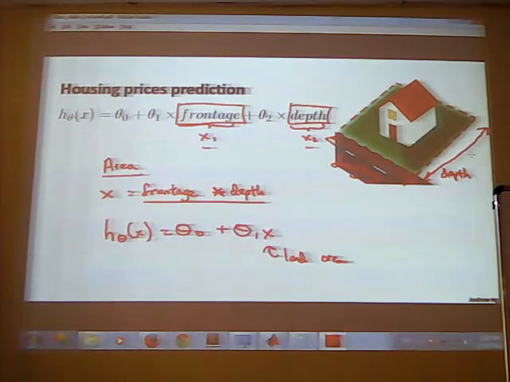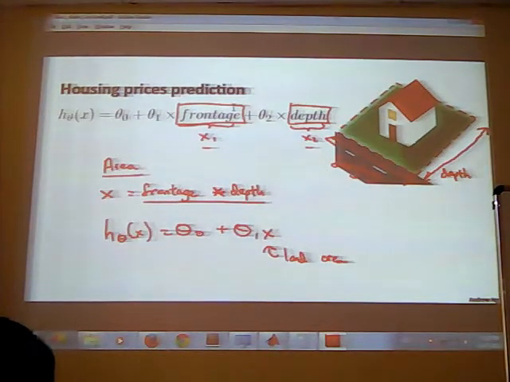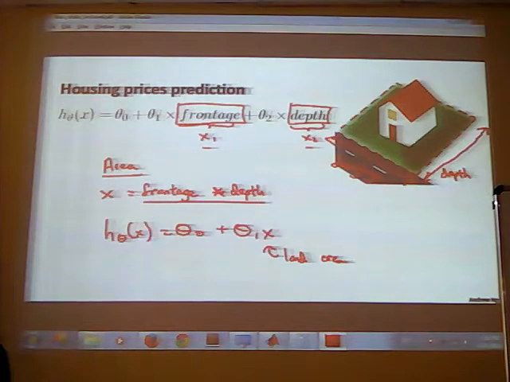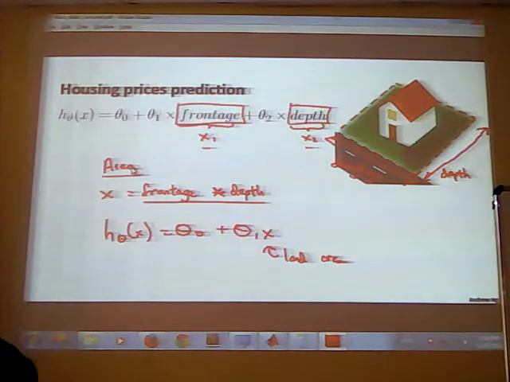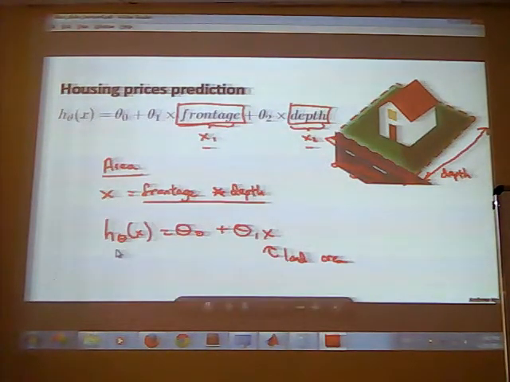And this is the depth. So you are having two features. This is a much more complex hypothesis, as you can see, because you are having three parameters and two features. If you combine these features into a single feature, then it would be a much simpler hypothesis. Frontage and depth are nothing but length and breadth. So what we will be doing is calculating area. We will have only one feature, that is length into breadth, the area of the house. So we will have a much simpler hypothesis, say h of x equals theta 0 plus theta 1.